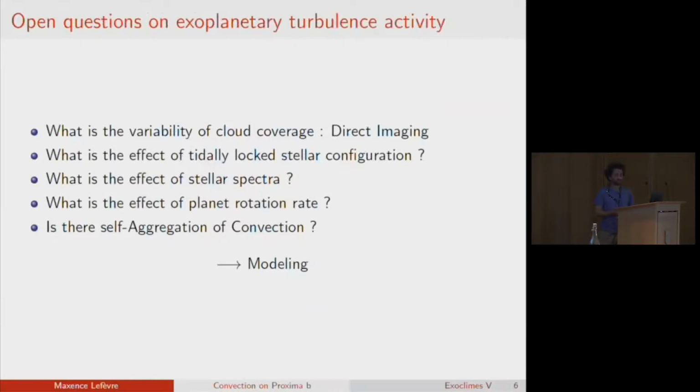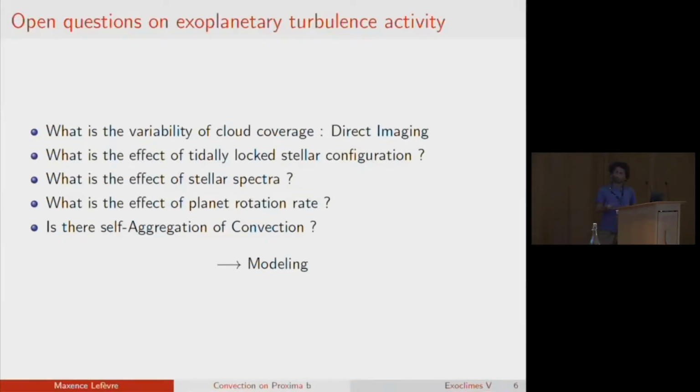So in such cases, there is some caution, like the variability in time and in space of the cloud coverage, and this can affect future observations.